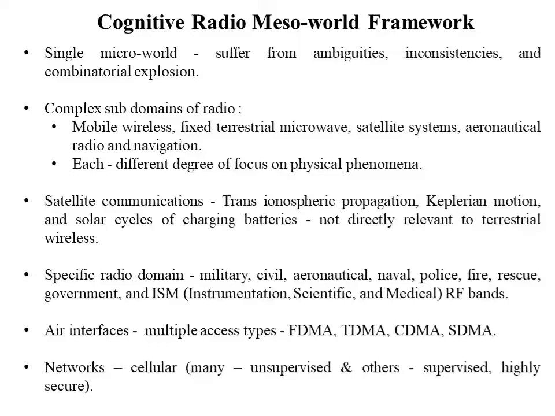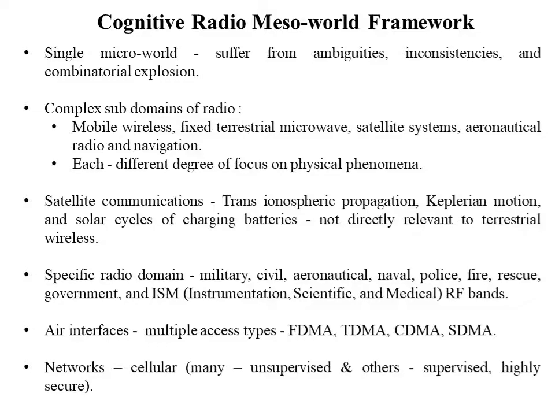Satellite communications, for example, includes trans-ionospheric propagation, Keplerian motion, and solar cycles of charging batteries that are not directly relevant to the terrestrial wireless. The specific radio domain impinges on military, civil, aeronautical, naval, police, fire, rescue, government, and ISM-RF